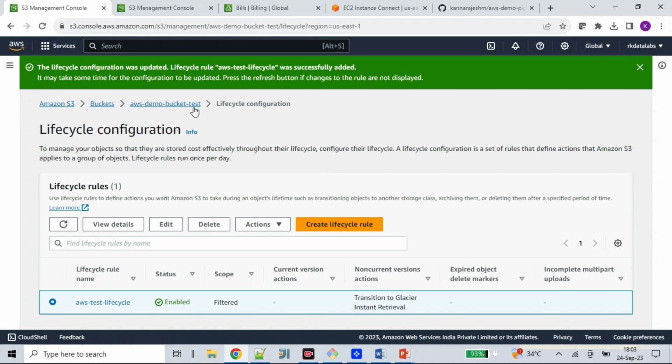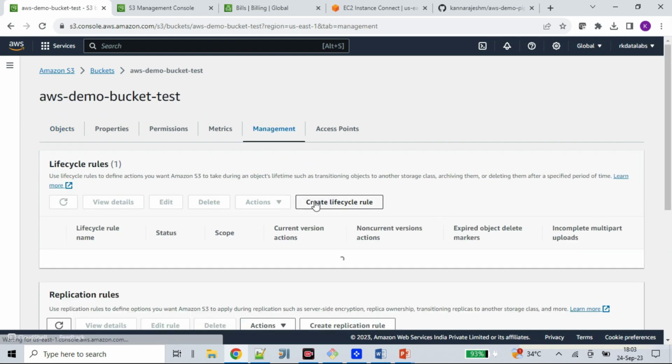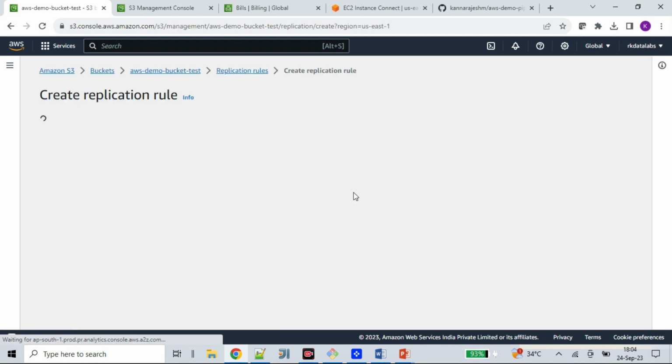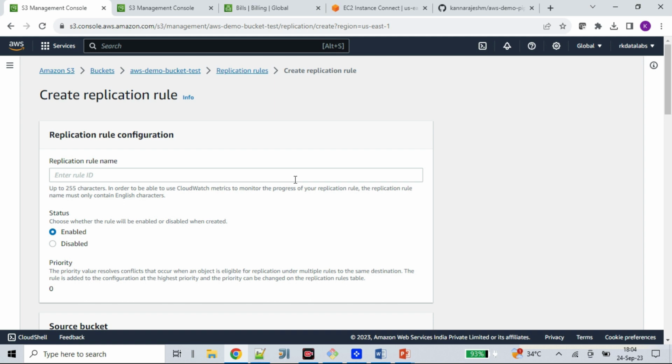So that's so simple. And then comes, if you go to management, the second one is create replication rule. Replication rule is nothing but you want to copy simply from one source to another bucket. Let's say you have one bucket called demo bucket test, and you have another bucket. If you want to keep your data automatically from one bucket to another bucket, you can just simply go and create a replication rule. After a specific number of days, you want to simply move those files or folders to one specific bucket, you can simply do it. Let's say